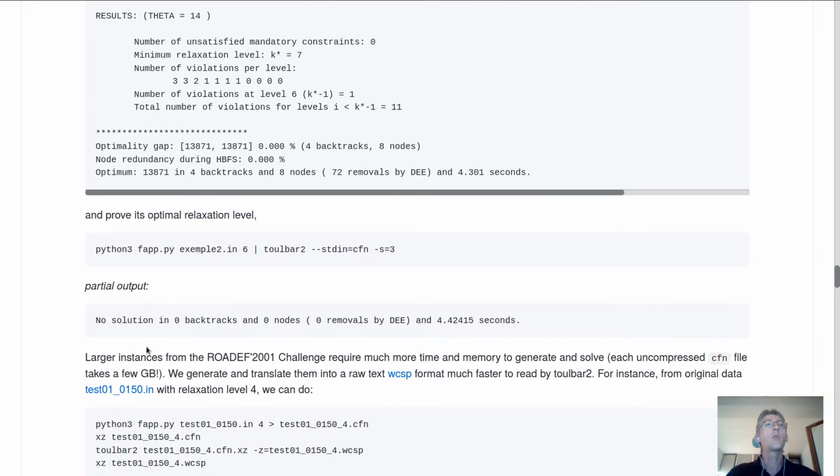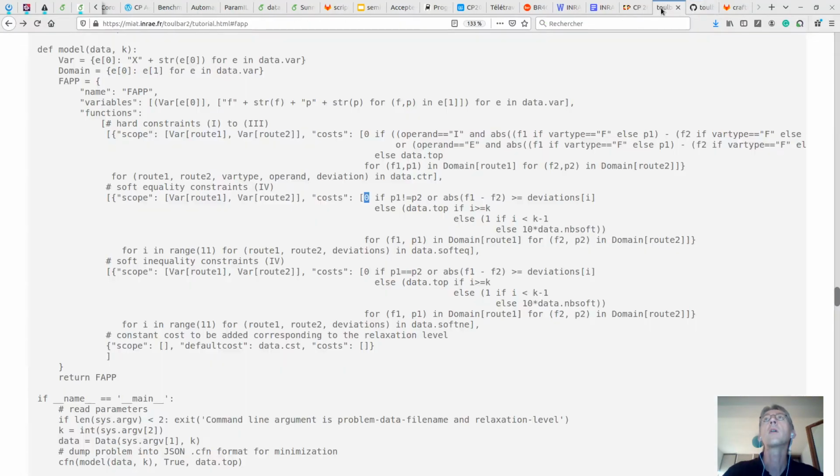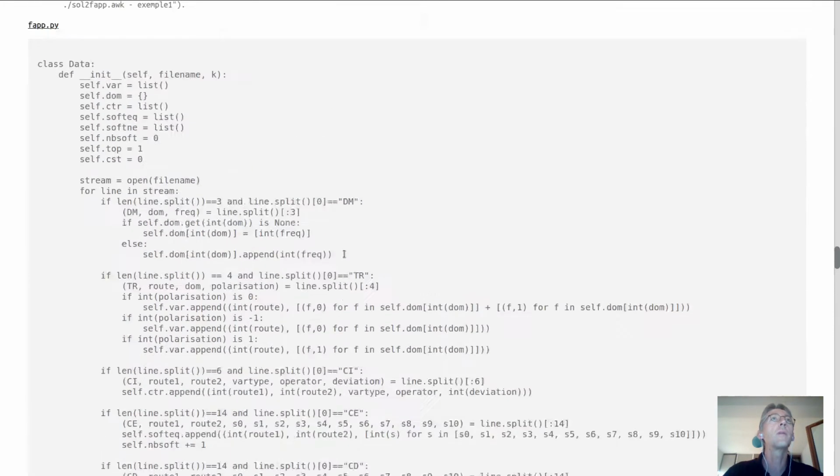If we want to try larger instances that were used for the challenge, we need to take time to generate the CFN file corresponding model before solving them. So I have done this before the tutorial, and you can find all the instances by going to this